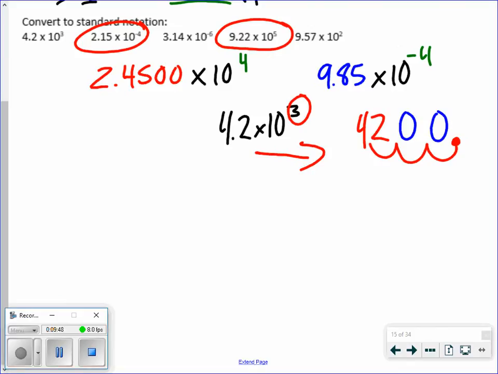Alright, so let's talk about how to type into your calculator. So your first